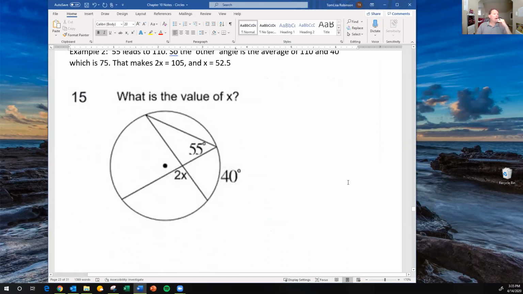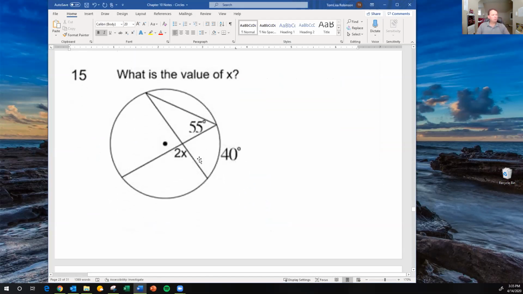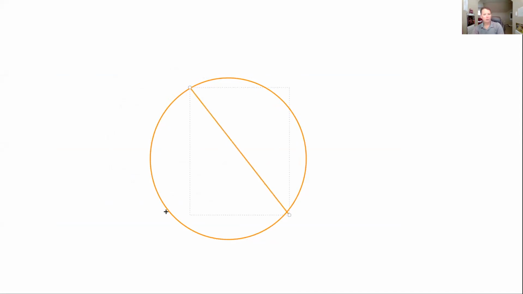Okay. Now here's another problem I want you to try. I think I might actually take this and put this onto my whiteboard. So take a good look at this, and then I will transfer this onto the whiteboard so you can follow. So you have to be a little bit patient with me here while I do this. We have a circle here, and we have some lines. One goes through here, one goes through there, and one goes there. There is a center right there. We've got 2x here,